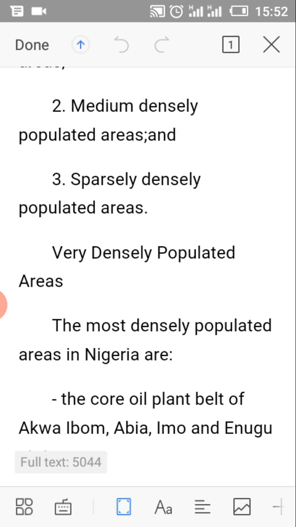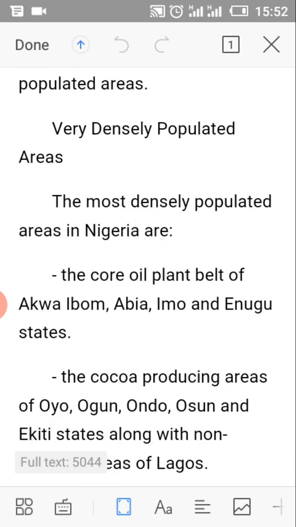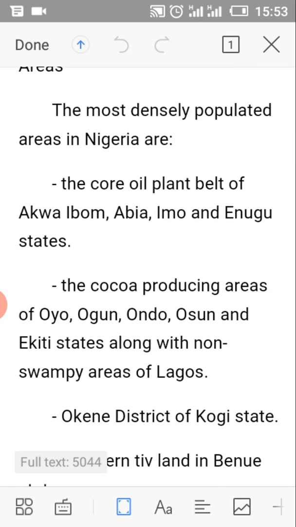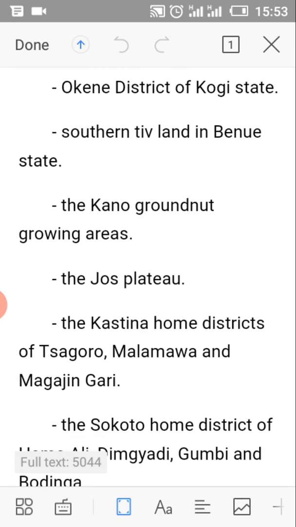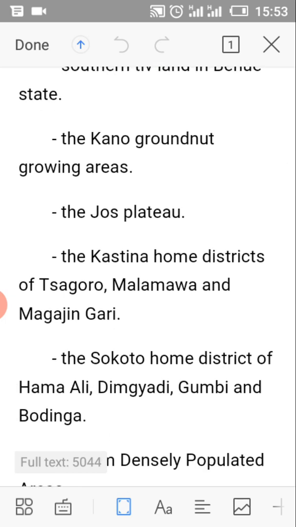the most densely populated areas in Nigeria are the core oil palm belts of Akwa Ibom, Abia, Imo, and Enugu states. Number two, the cocoa producing areas of Oyo, Ogun, Ondo, Osun, and Ekiti states, along with non-swampy areas of Lagos. Others include the Okene district of Kogi State, the South Tiv land in Benue State, the Kano groundnut growing areas, the Jos Plateau, the Katsina home district of